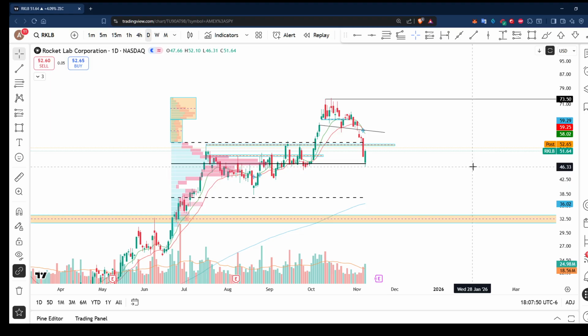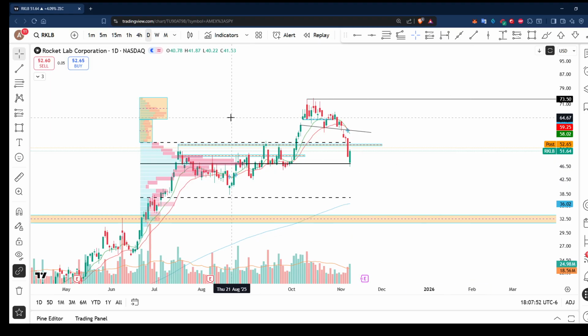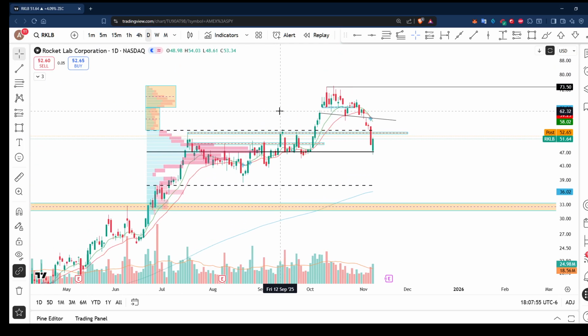So volume profiles, you want to use them to mark out levels of liquidity on the chart. Using those levels of liquidity, you can see and anticipate the behavior that price will take, right? If I see price moving back above here, above this value area high, I'm going to be expecting a very quick ramp up into $64 back up here. Why? Because there's just not much volume over here, right? There is not much